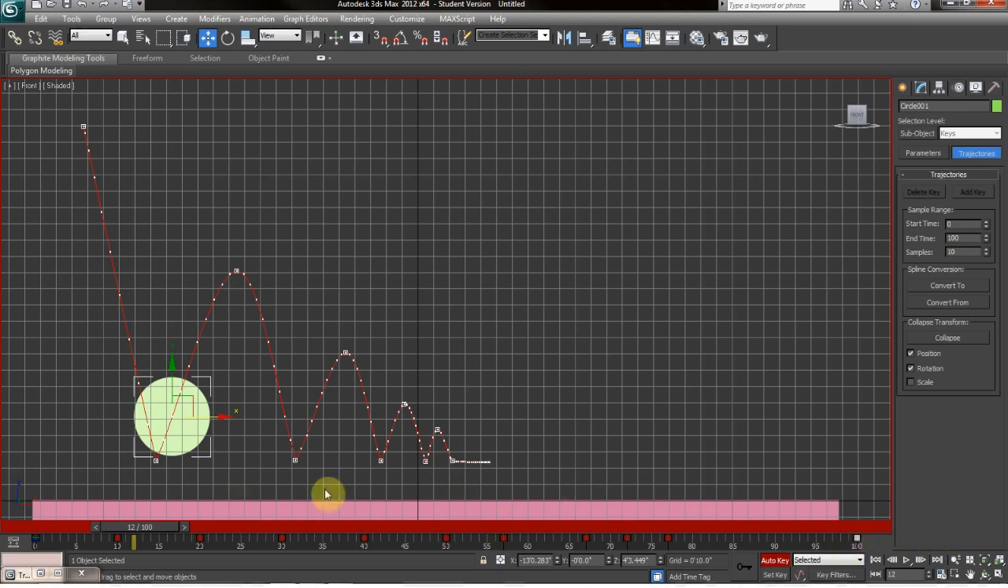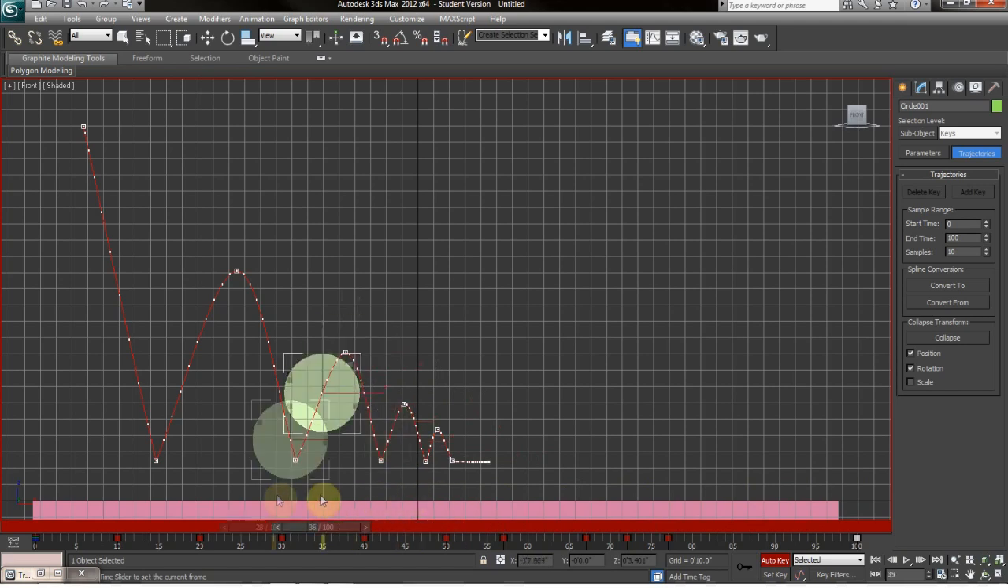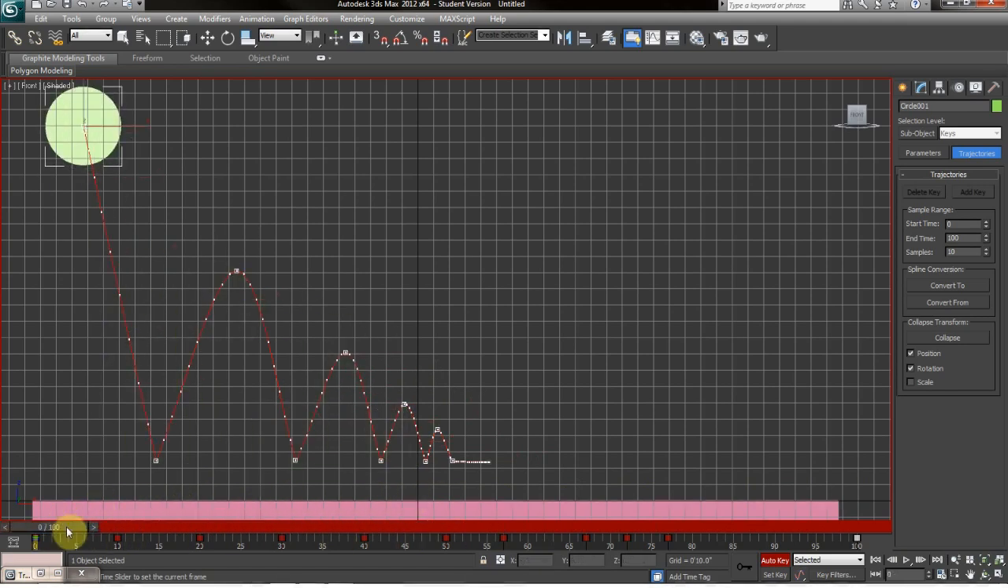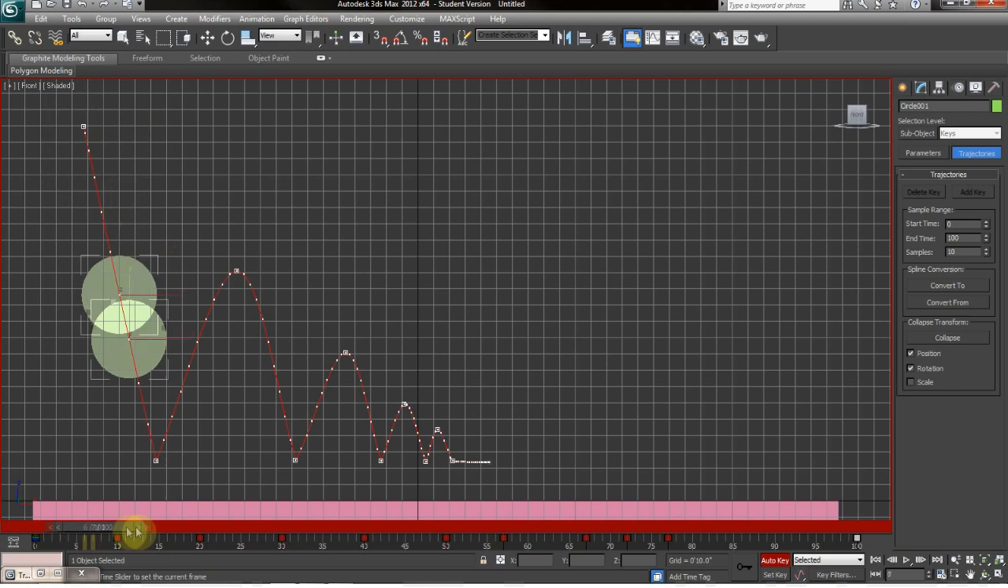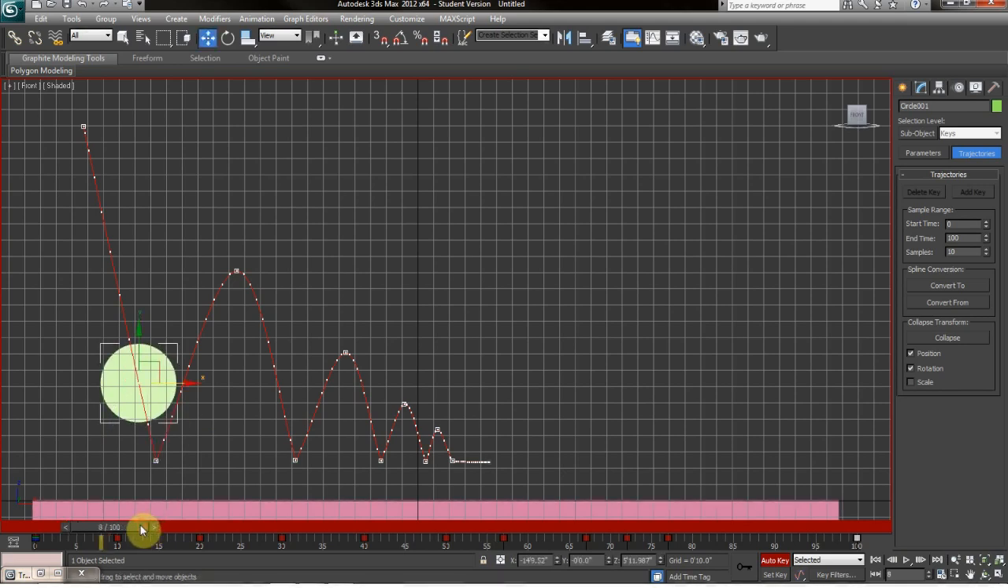Okay, now what we're going to do here is add a little bit of exaggeration to the bounces. Now that we have the general idea of the structure of the trajectory of the ball, we're going to exaggerate the bounces. And so this is fairly simple. The method that I use is somewhat convoluted, but it helps in the case of